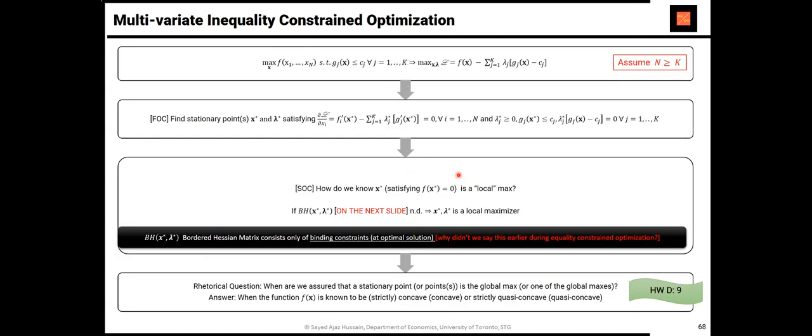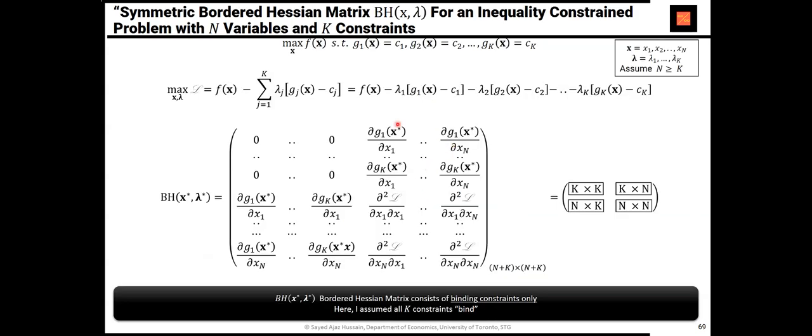I didn't have to say this earlier because in the previous equality constraint problem, all k constraints were by definition binding, right? So I didn't have to say that over there. But this time I do. So in the next slide, the fact that I wrote this down means that I'm assuming that all k constraints have ended up binding, right? They don't have to. If only two of them bind, if only one of them binded,